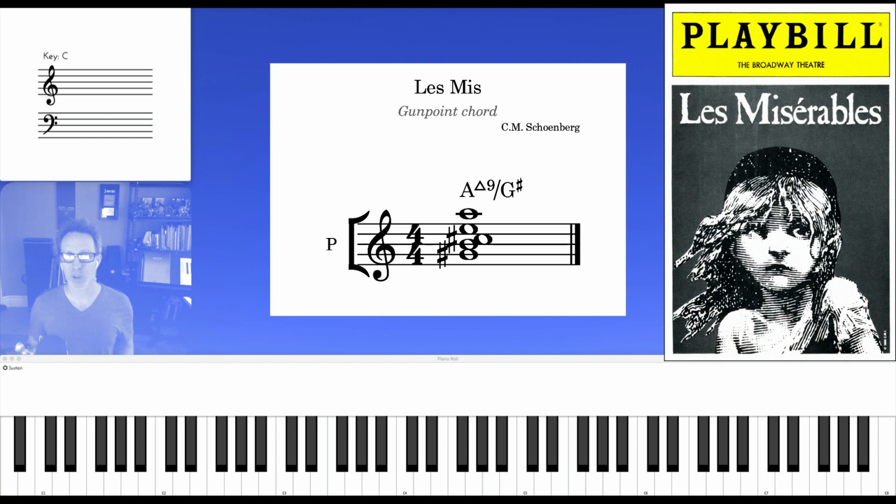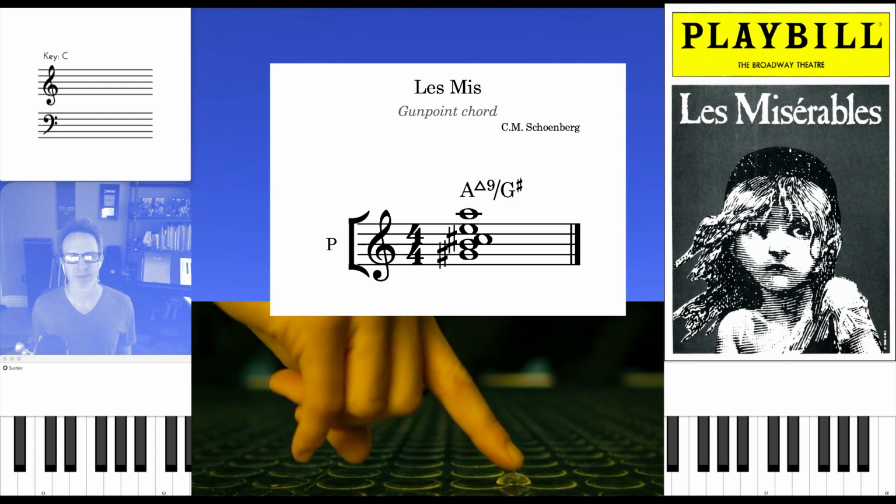In a story that's full of tension and drama, it's one of the more tense and dramatic moments of the film. I say of the film because I couldn't find this chord in the original stage version. The credits for the film say that there's music adapted by so-and-so and additional stage orchestrations by so-and-so, but I'm left to assume that this chord is credited to the original composer. So if anyone finds it in the original version, just leave a comment and let me know where I can find it. Found it! I found it!